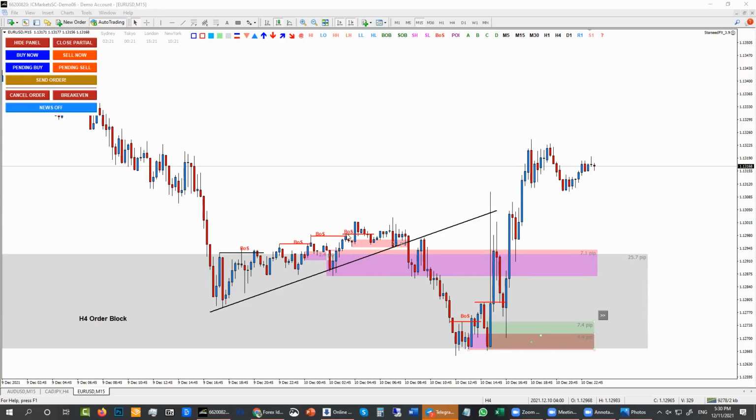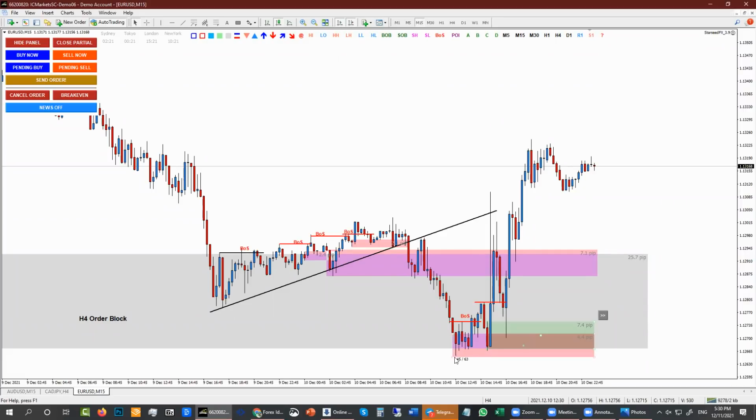Because there is nothing here. I mean, it's a clear one to me. This is break of structure, and then here is the losing one. Yes, this one, if you put it over here, for example. But since this is M15, right, to be honest, I may put this one. I usually not only look to the right, but also to the left. So this could be a winning one also.